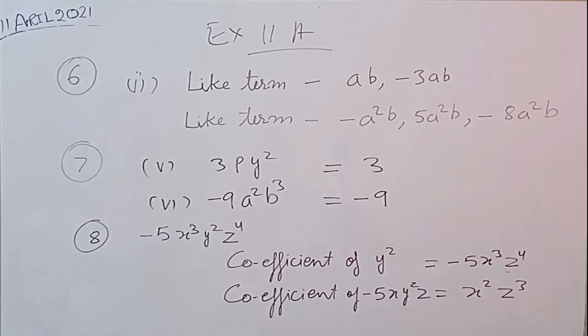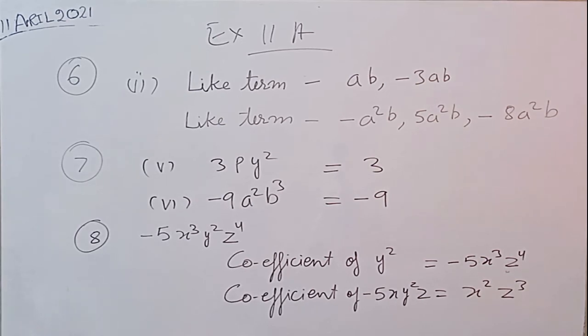Now I am taking question number 7, in which we have to find the numerical coefficient of each of the following. The numerical coefficient is the constant part of the term. So in 3py square, 3 is the constant part, that will be the numerical coefficient. In minus 9a square b cube, minus 9 is the numerical coefficient of this term. Now we have to find the coefficient. We have already done minus 5x cube y square z to the power 4, and we have to find the